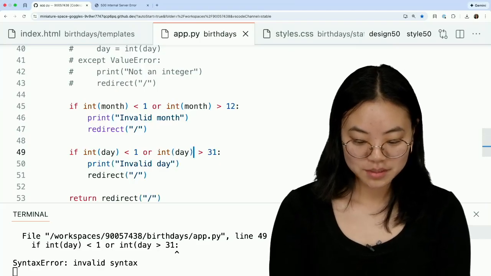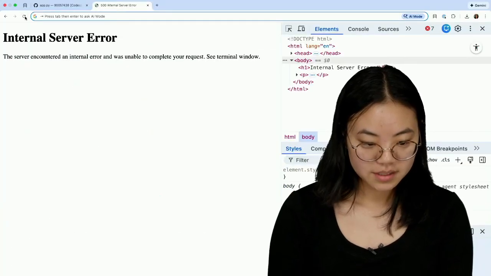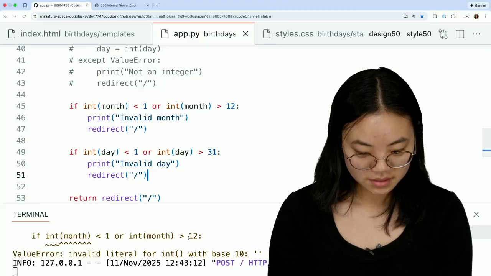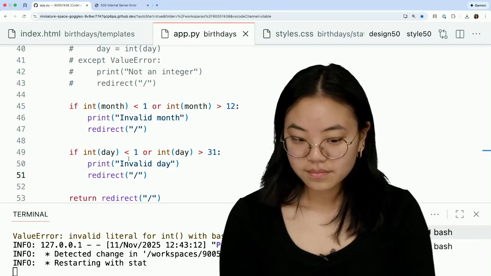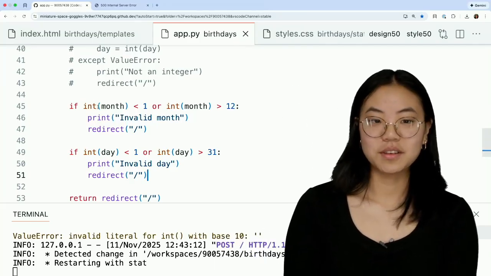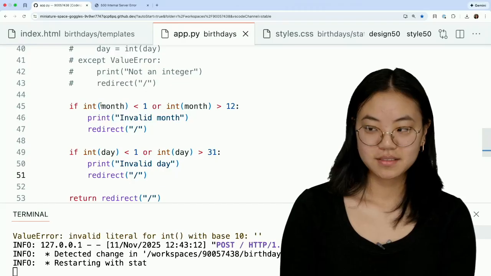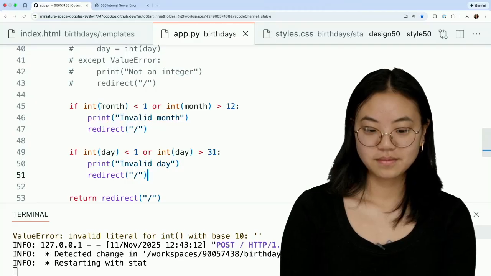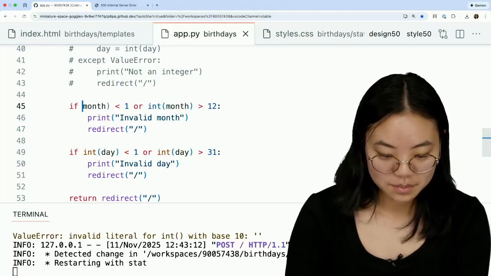In most cases, you probably shouldn't trust the user too much, as they can always get around these sorts of things. So let's see, what do I have here? Invalid literal for int. Does anyone know what's going on here? Am I using this int function wrong? Okay, I think it might actually be